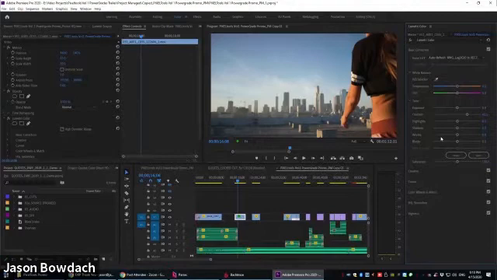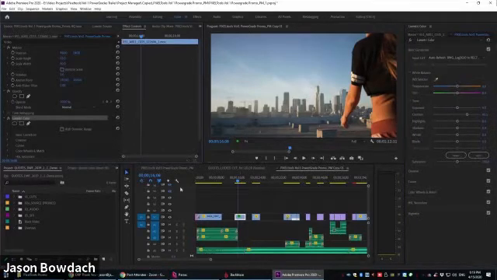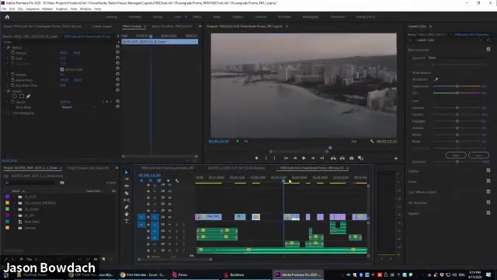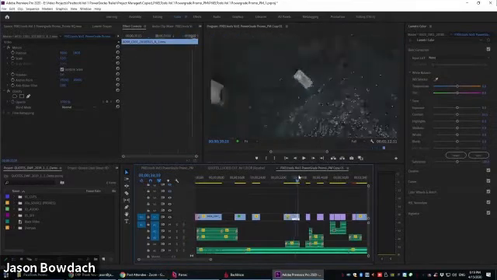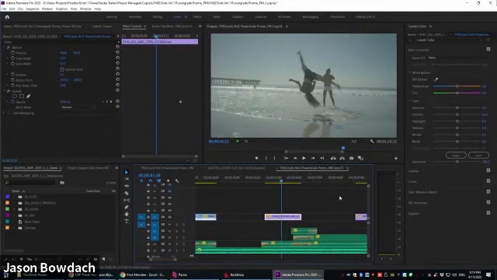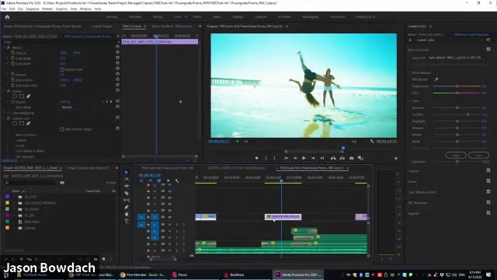So if you have a single camera or a single camera format that has an input LUT or a transform to go from log, it is highly recommended that you use the input LUT provided by the manufacturer if it's at all possible. So here, what I can actually do is copy this to all the other clips that were shot on this. Now I know that that's a DJI, but this I know is the exact same camera. So I can literally copy that, and then I can start grading underneath it.